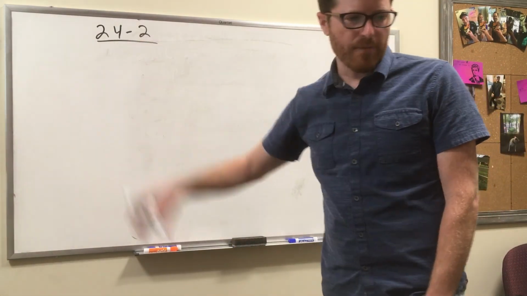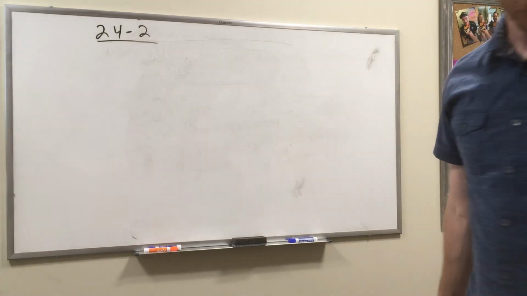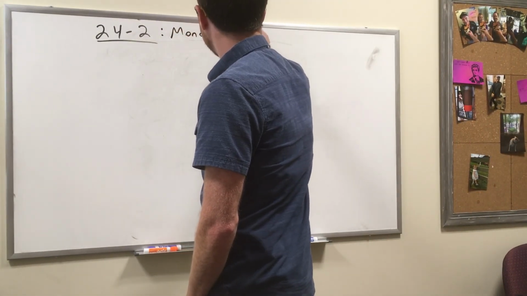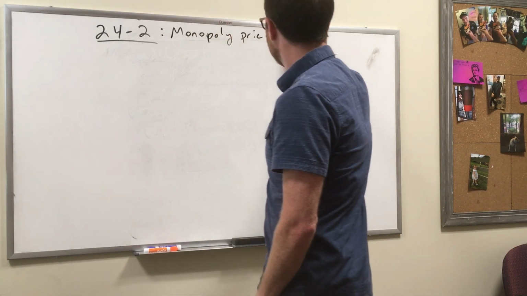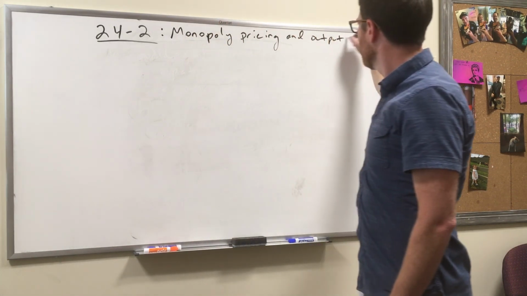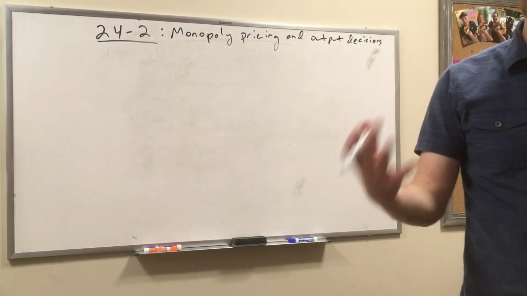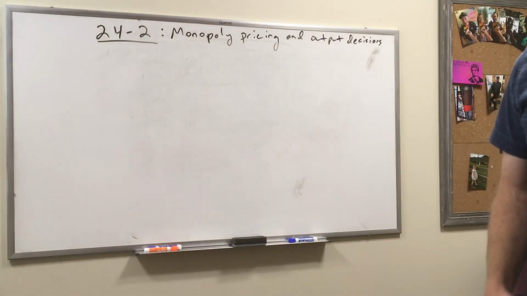So this is going to come now from 24-2. This is monopoly pricing and output decisions. And this is where we're going to start to see some of the math. And so this is where the challenge